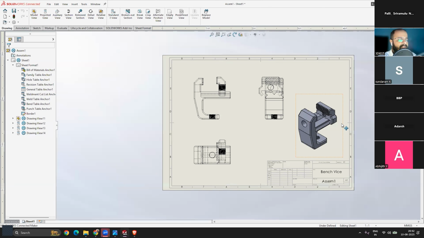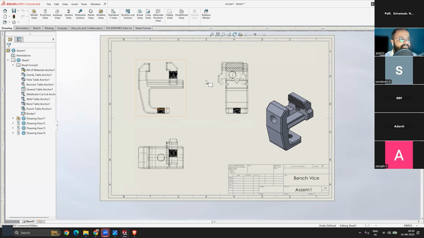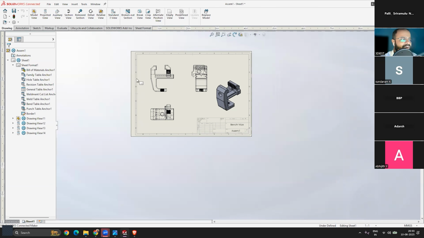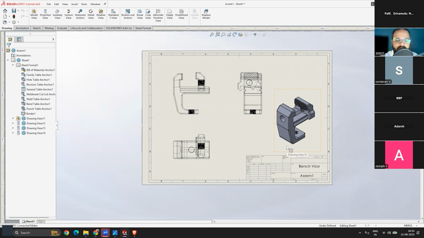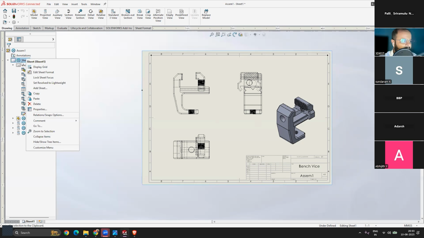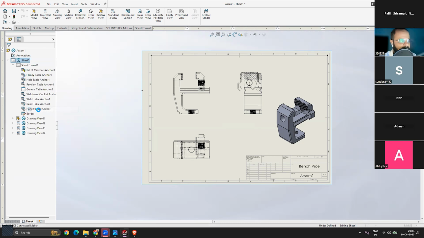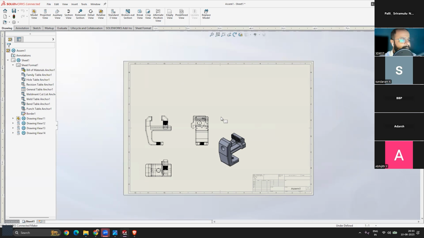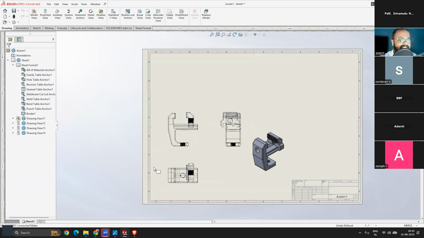Also, let's say in the middle of your drawing creation or the design creation, you figured out that I don't want to work with A3 sheet format. Now I want this sheet format to be updated to A2. So how can we do that? Again, the same process. Go onto the properties panel by making a right click onto this option over here. And there you can change your paper size. Simply select A2, click on apply changes. Yes, and here you can see it just got updated.